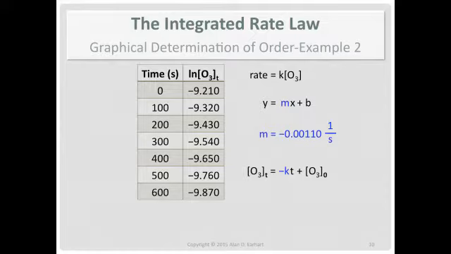And then we did the slope because we want the rate constant. Well, the slope is minus the rate constant, or negative value of the rate constant. So we flip the sign, and there's our rate constant. So we have the rate law on top. We know the order because the natural log data best fit the straight line. Order is 1, and we have the rate constant.